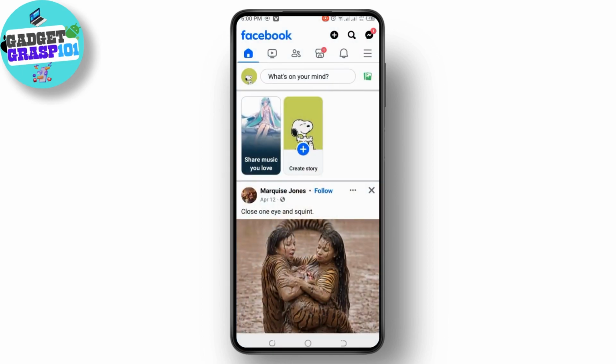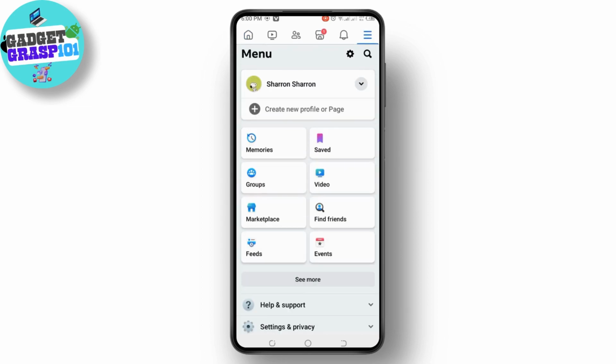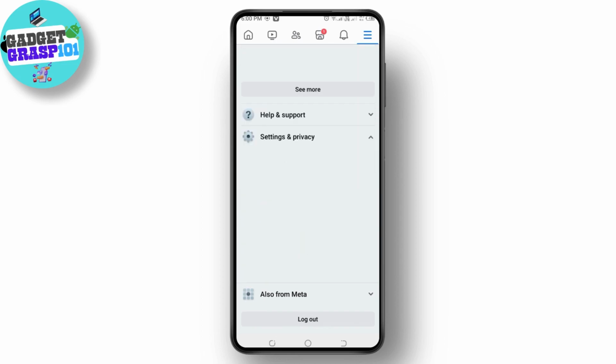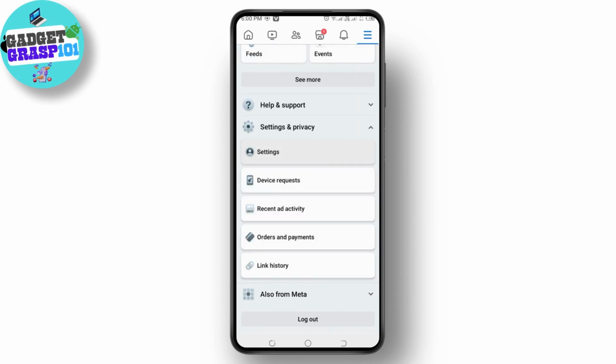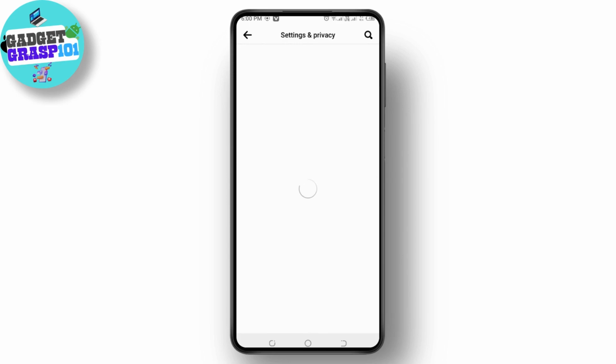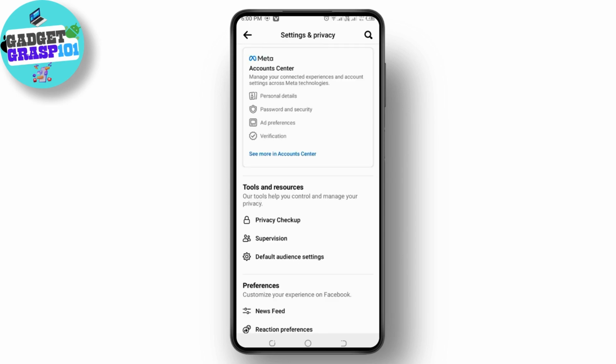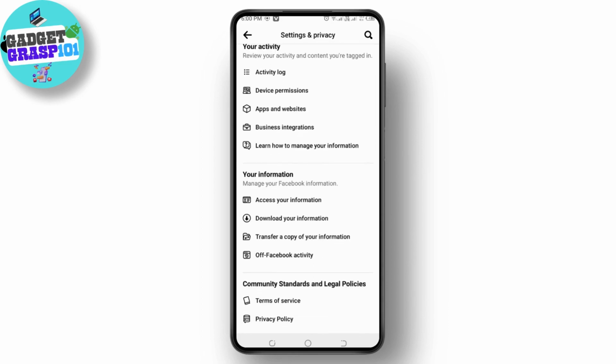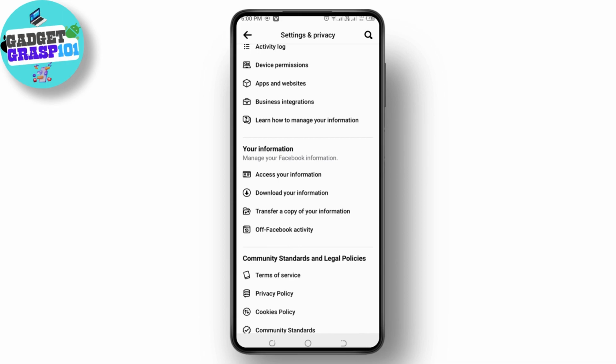After that, on the top right corner, there's a three-line icon. Select that. Over here, what you have to do is scroll all the way to the bottom and select Settings and Privacy. And under there, select Settings. And scroll a bit down until you find the Your Information option, and over here what you have to do is tap on Download Information